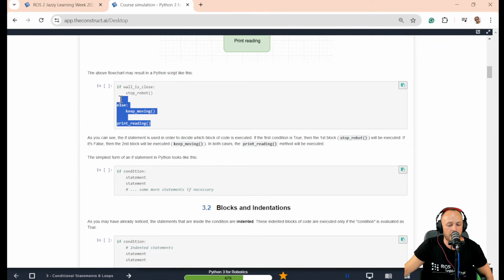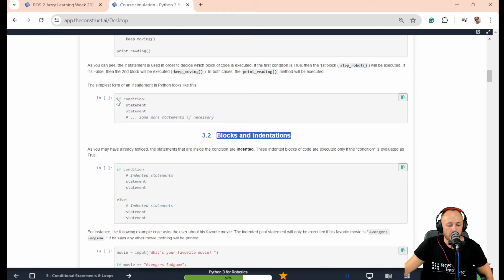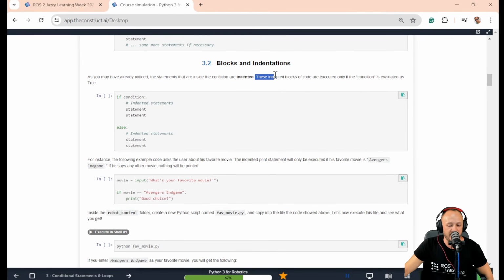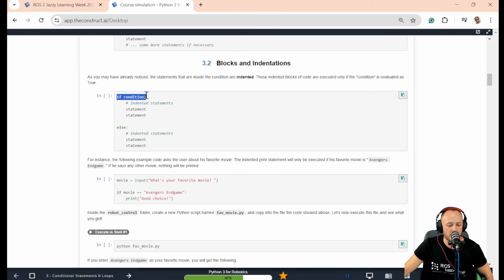Then here we can already see something very important in Python, which are the blocks and indentations. Yeah? So you can see that inside the condition, we have some statements. But it is very important, it is mandatory, that the statements have an indentation. They are indented with respect to the condition. Okay? So these indented blocks of code are executed only if the condition is evaluated as true. Yeah? So if this condition is evaluated as true, the indented statements here,